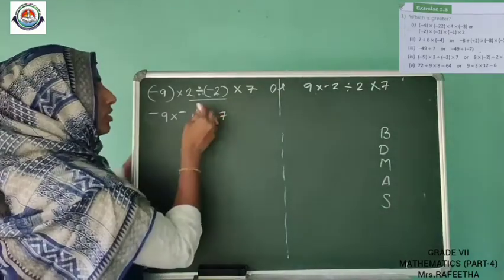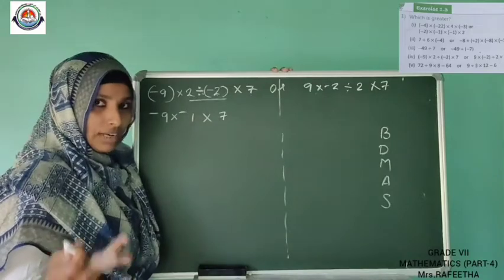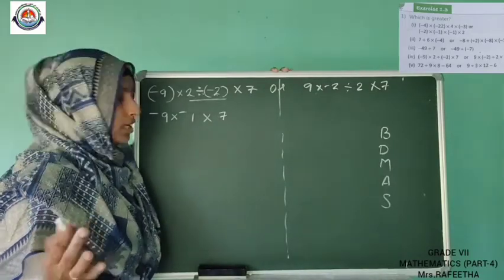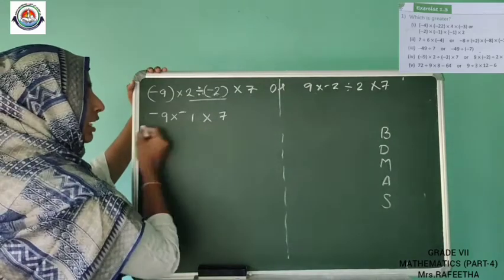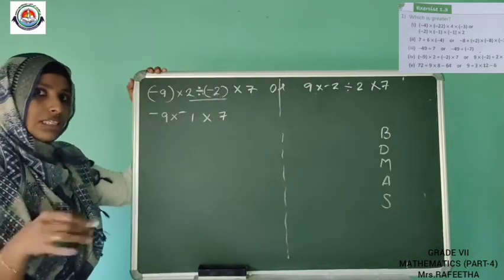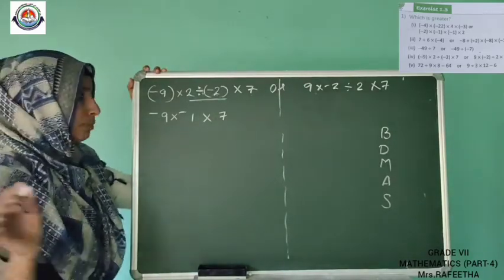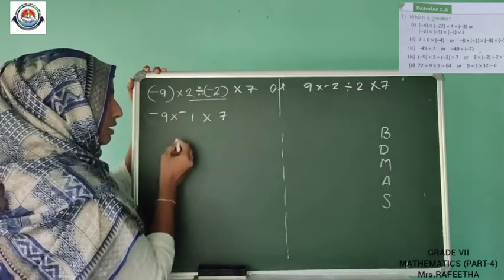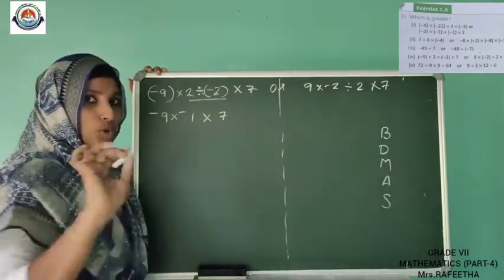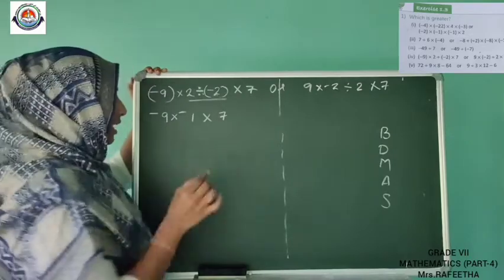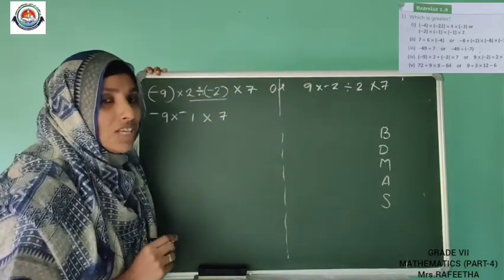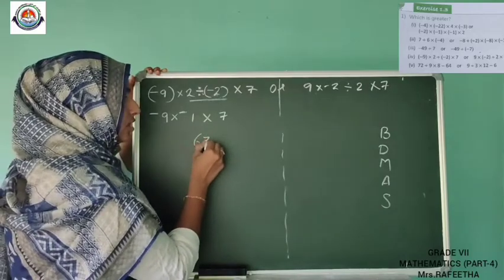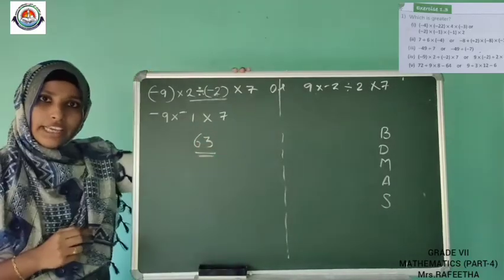So here, bracket is over, division is over. Next is multiplication. So whatever multiplications are there here? Yeah, all 3 are multiplication. So we just need to multiply. That is minus into minus, plus, plus into plus, plus itself. So you don't need to bother about the sign. Next is 9 ones are 9, 9 sevens are? What is 9 sevens? Yeah, 63. We got the answer.